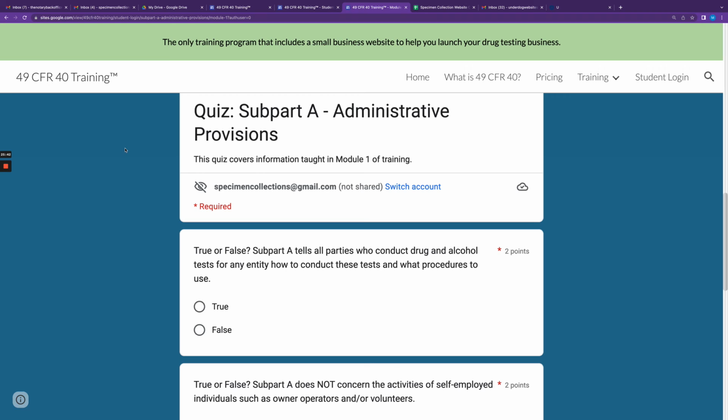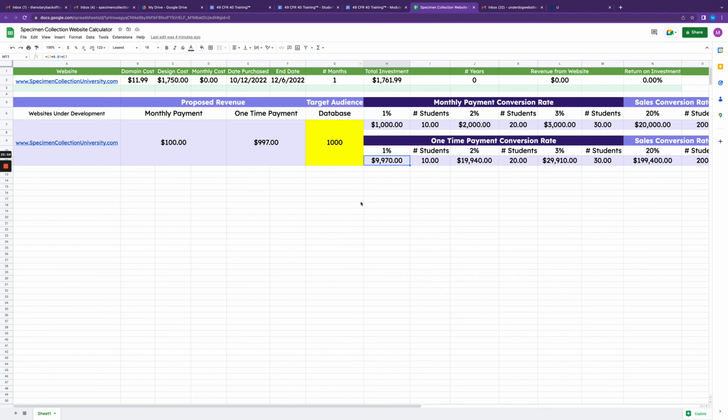It's just something that shows that this person went through the process and satisfactorily completed all of the training curriculum, which is obviously based on Title 49 CFR 40, right? So I'm super excited about it. These numbers are good enough for me. They make me happy. I feel like I can put a little money behind it without any problem and go ahead and get that conversion to happen.